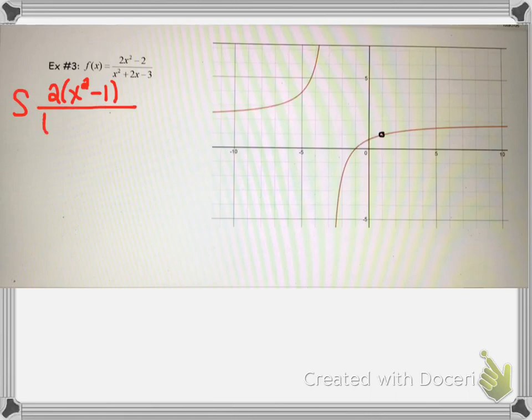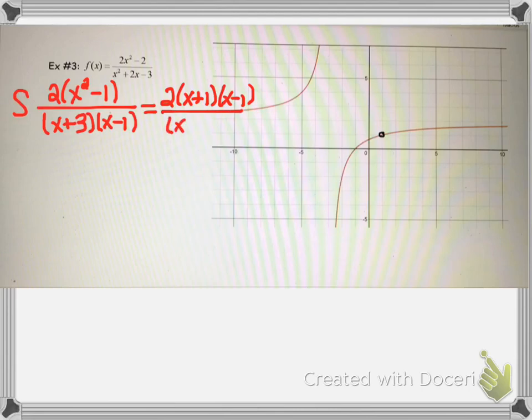And go ahead and factor the denominator, which is x plus 3, x minus 1. Of course, continue my factoring. X squared minus 1 factors as x plus 1, x minus 1. It's a difference of two squares again. And so it's going to be the x minus 1. That cancels. So that tells me that my hole will have an x coordinate of 1 because of that vertical